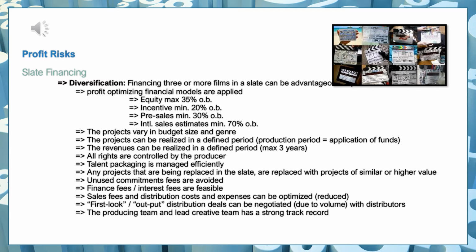I also have to make sure that when I do a slate financing with a company that gives me the money, like a hedge fund or an investment firm, they're not charging me what are called unused commitment fees. That means they would give me the money for the slate and it takes me 3 years to place the money into my projects. For those 3 years, while I'm trying to place the money and haven't used it, they're charging me interest or a fee even though I haven't applied their funds. That can add up quickly and can get very expensive. So I will try to do a deal with the entity that gives me the slate financing that would exclude unused commitment fees, if I can.